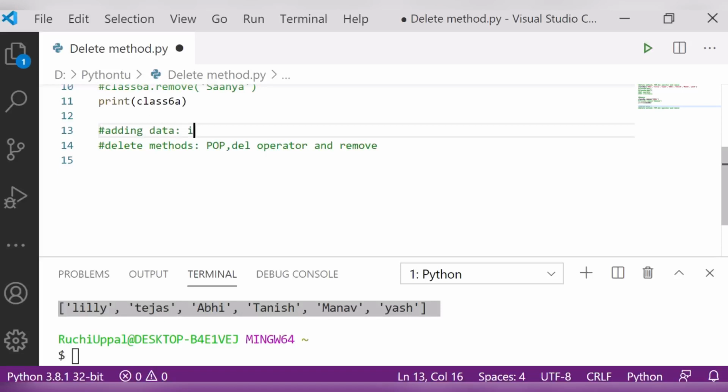Insert, then append, then extend. These things we have learned in the previous video, how to insert and add the data, and today we are learning about how to delete the data.